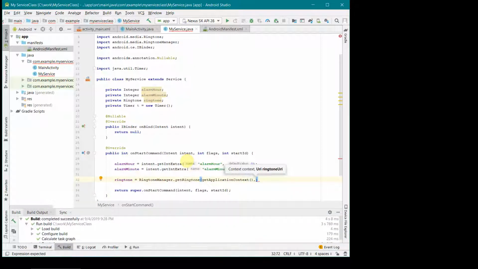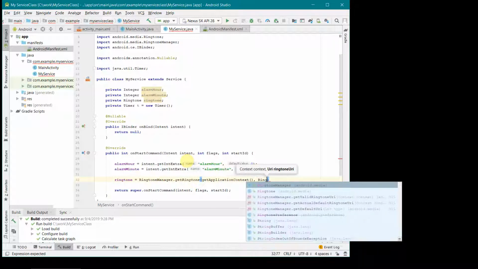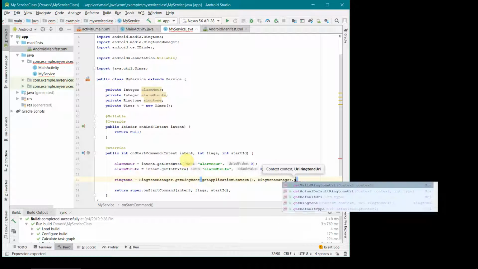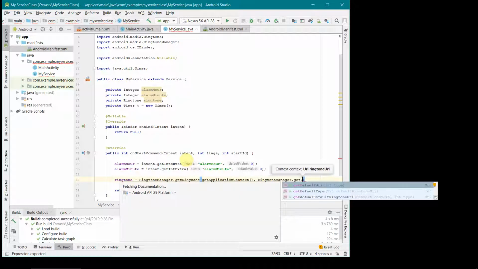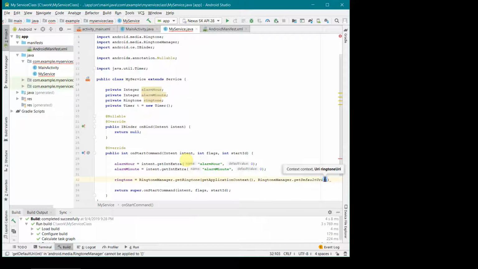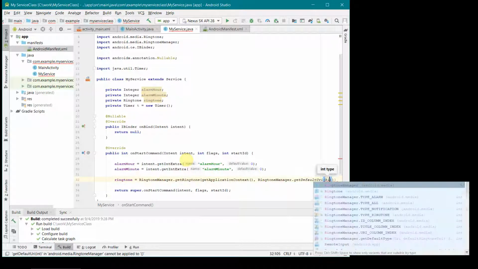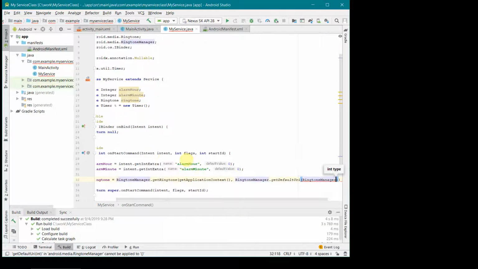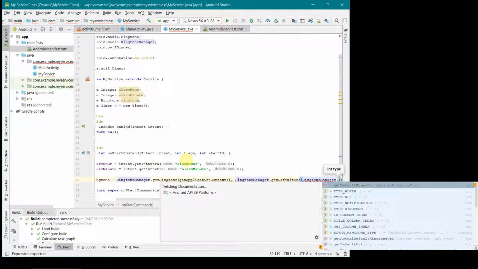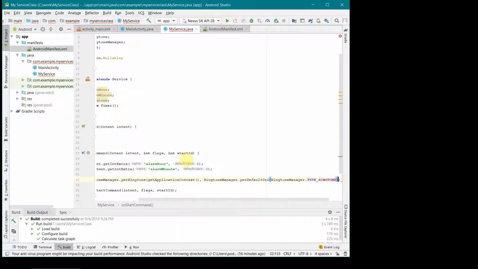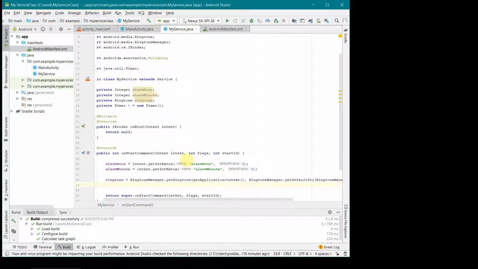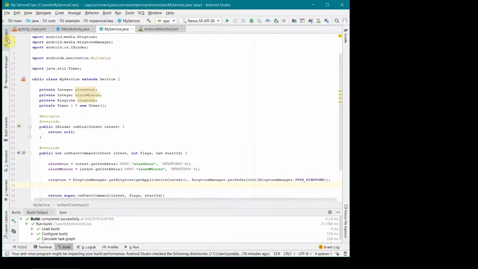So whatever application is running, in that context you are creating, and ringtone manager get default URI, and the type of ringtone will be the default one. We can go for that, or if you want to choose something like alarm, we can go for that also. But for simplicity I'll just go for this ringtone type. Once done this, I'll minimize this part so that you can visualize the complete string here.